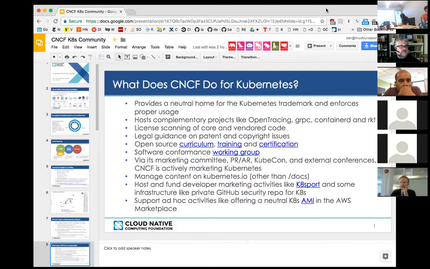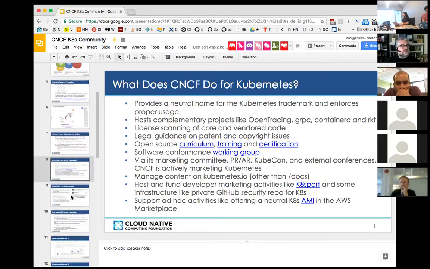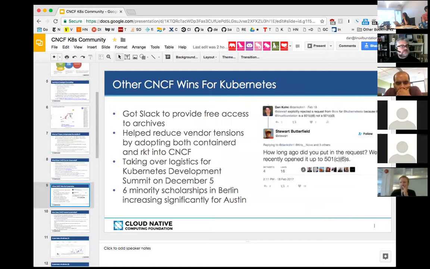So there was a request from a group of folks to create a standard, neutral Kubernetes AMI that could live in the AWS marketplace. You need to have an organization to back that. And so we were happy to do that. That's underway. Then moving on to slide 9, so just some other wins where we finally convinced Slack to give us free access to the full version so that folks could do search and get access